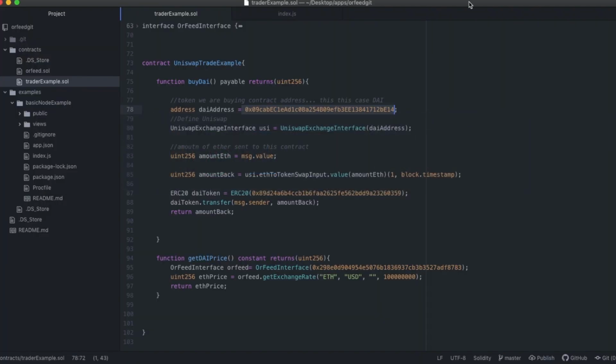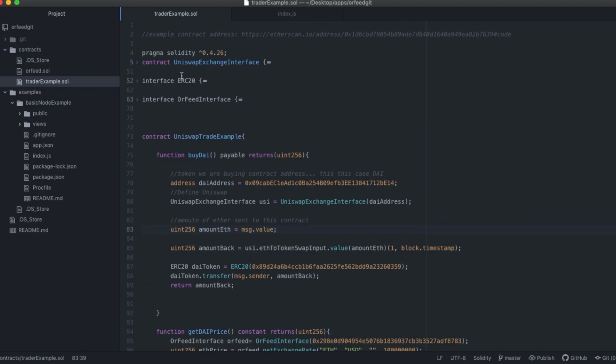So over here, I'm calling this marketplace, which is just the DAI marketplace, and then I'm creating the object. Up here, I introduced the Uniswap exchange interface. I'm just calling that interface, and we call this creating an instance of it called USI, and then I'm setting a parameter of the DAI address. Basically, what this does is create the exchange. This one line of code, I've created an entire exchange.